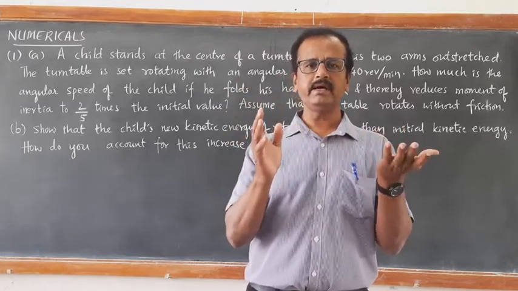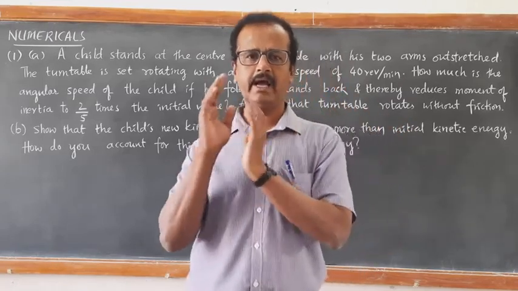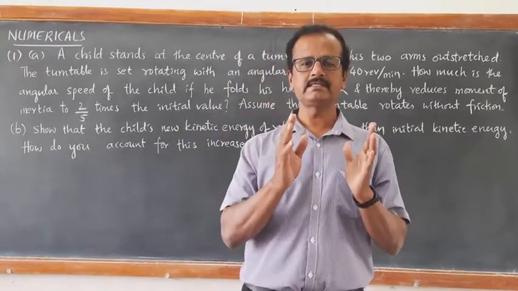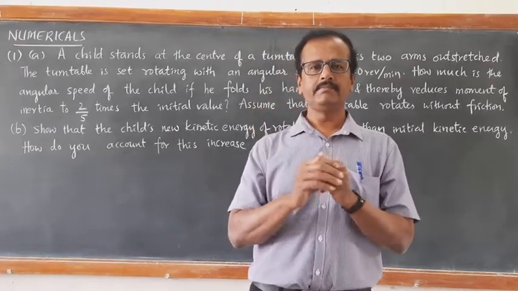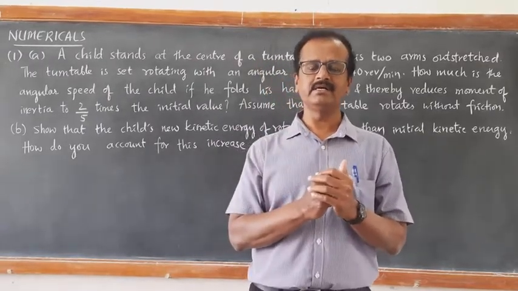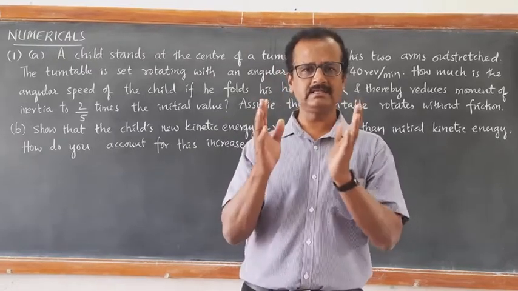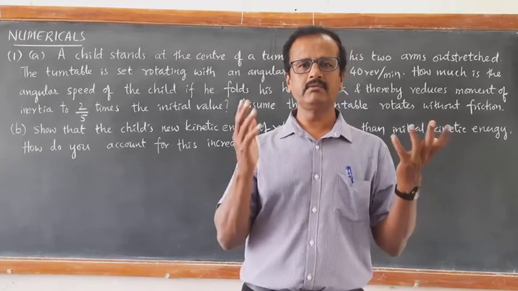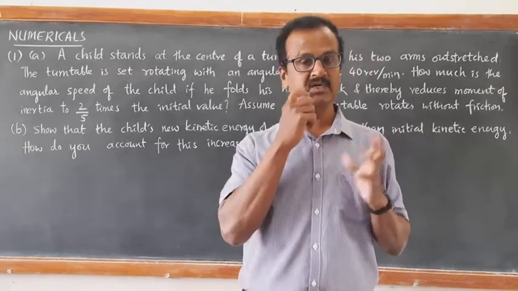L is given by two quantities, that is moment of inertia and angular velocity. L is the product of I omega. L is the product of moment of inertia and angular velocity. If there is a change in moment of inertia, there is a corresponding change in angular velocity. As a result, the product I omega should remain constant. A very good example for this conservation of angular momentum is, as I told you earlier also,